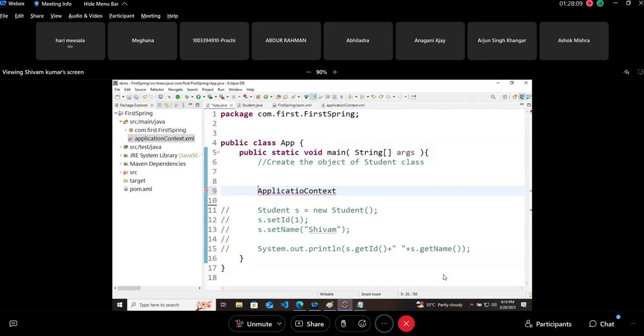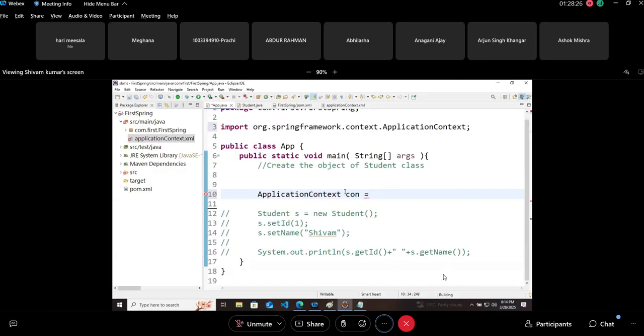Application context, you can import its package. We'll do that. So application context, you can give it a variable name, something like this, application context con, and you can import its package.